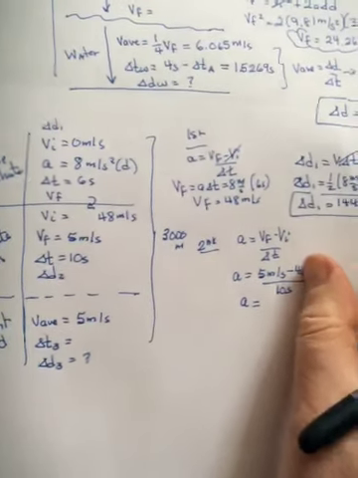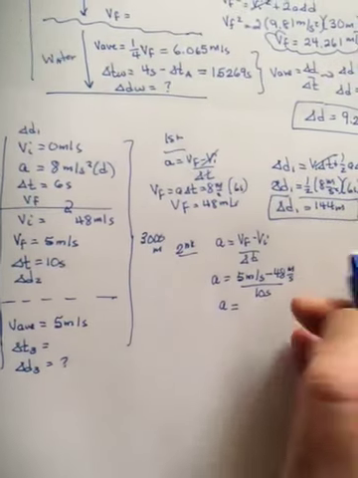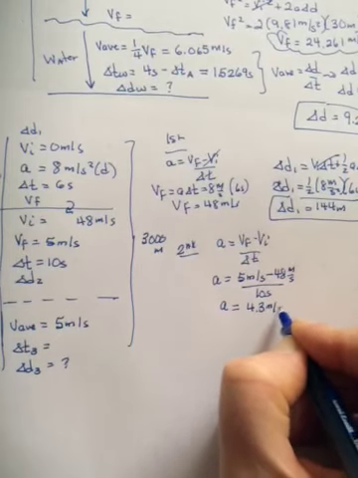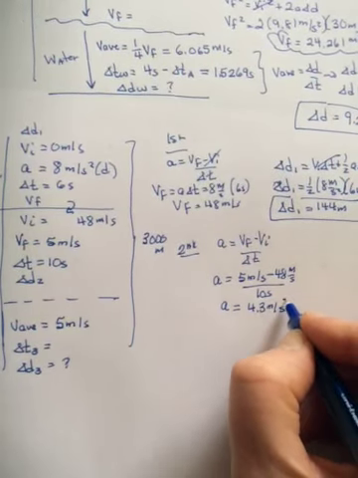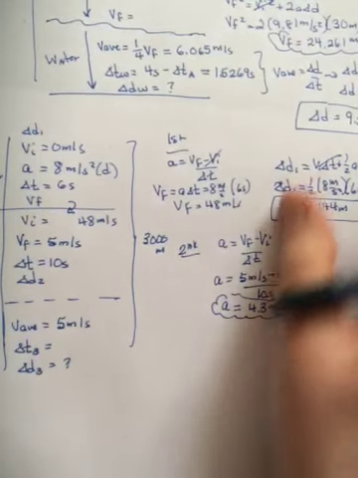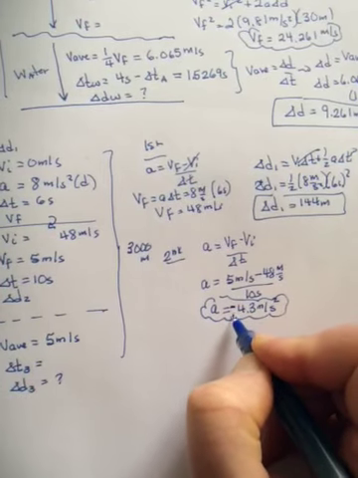So A is equal to negative 43 over 10, which should be negative 4.3 meters per second squared. Okay? And the negative, oops, sorry, lost the negative, would mean it's going up. That's the point of the